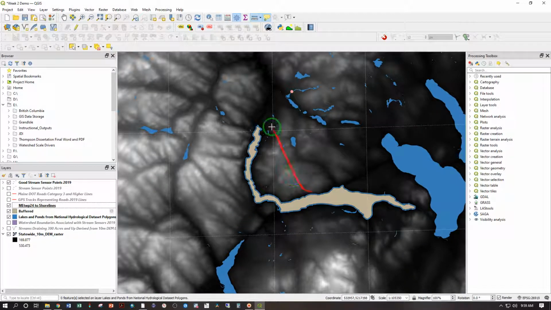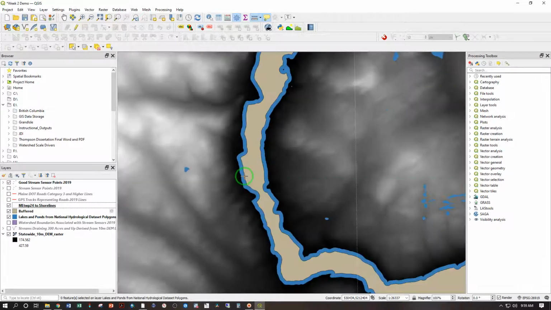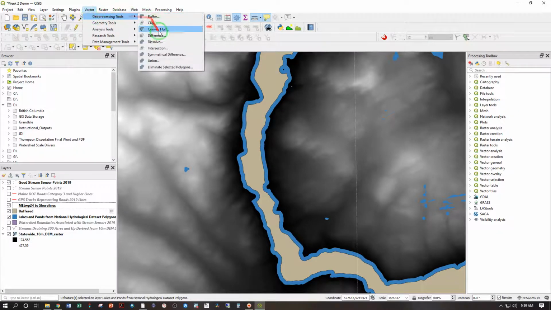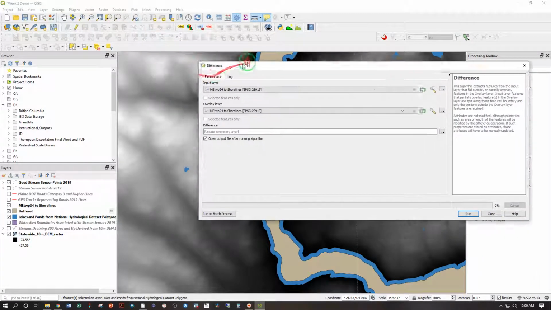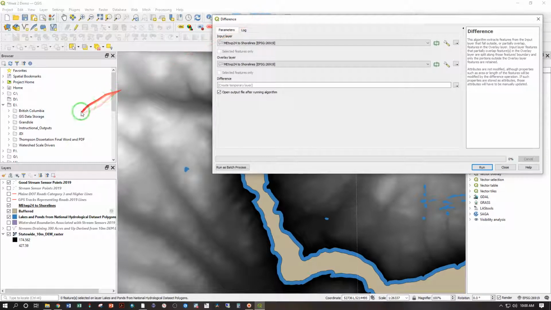One more trick. Say we want to have only the shoreline area, so this area that's outside of that buffered area. So we have 300 feet from the edge of the lake to this interior lake, 300 feet. We can use the difference tool to do that. Vector, Geoprocessing, Difference. And that's similar to the Erase tool in ARC. So we want to use only a selected lake, and it is possible to do that while this window is